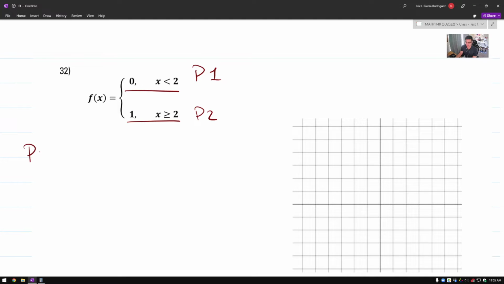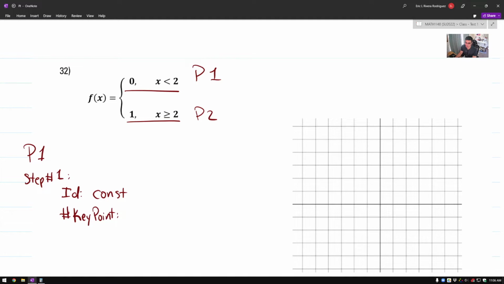So for piece number 1, step number 1 is going to be to identify the function. This one is just 0. When we have just a number, there's no variable, so it is a constant function. Okay, and then identify the number of key points